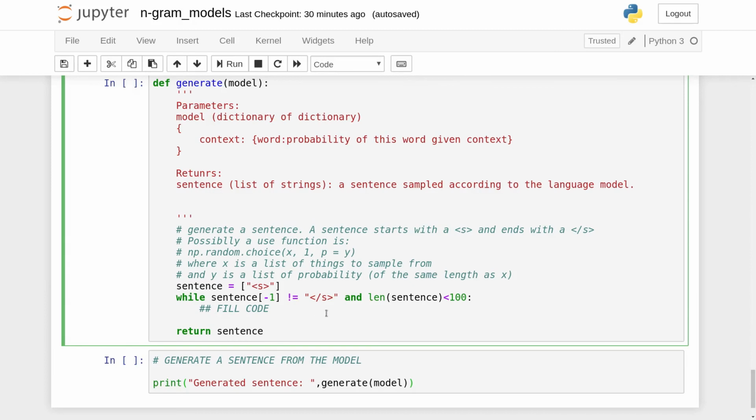We have two stopping criteria. First, if the final token is the end token. This end token will have a large probability to appear after a dot. So if we are building a sentence and by chance we got a dot or a period, then the next token will very likely be the end token. And there's also a condition, because we don't want our sentences to be very long. We'll stop if the end token doesn't appear and the length of the sentence reaches 100. So first of all, we'll get the probability,